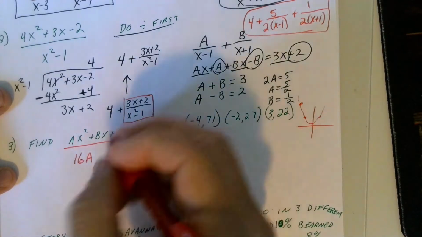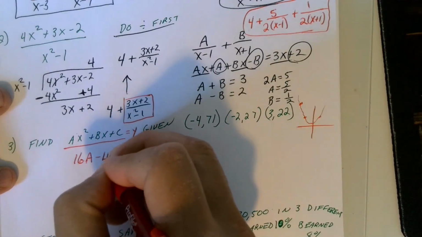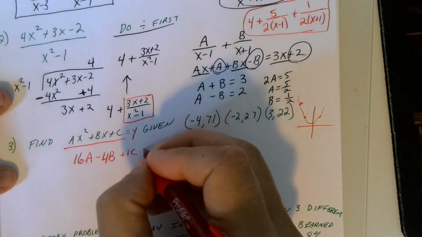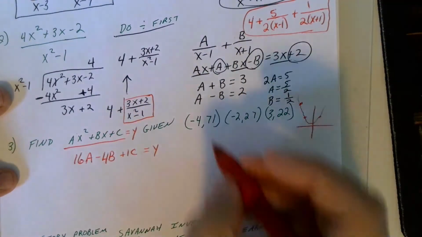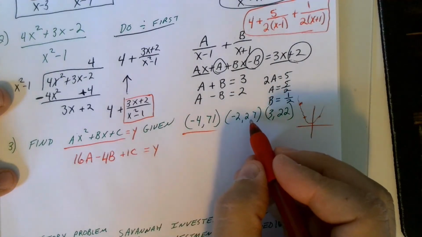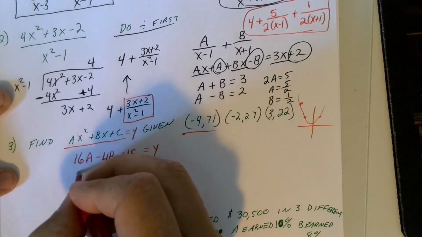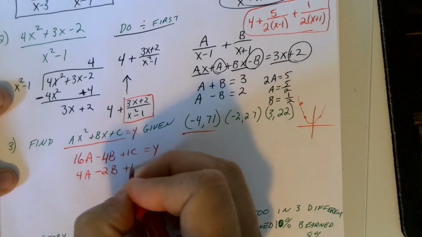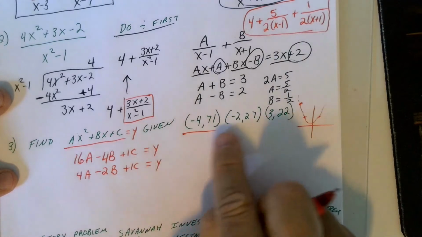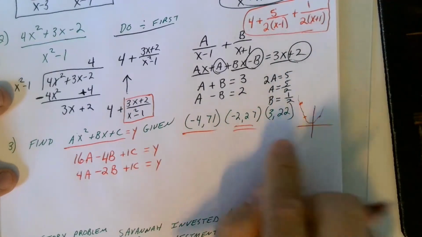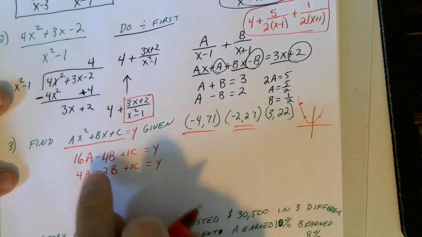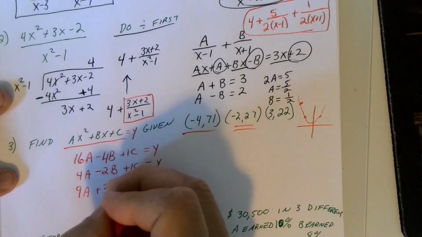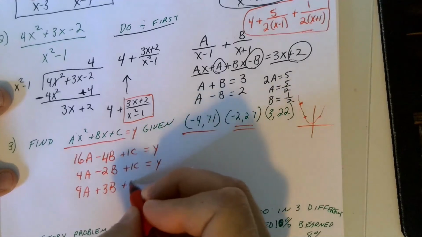And then x is -4, that would be -4b. And then you got plus 1c equals some y, and I don't know what it is. So that used that point. So now I'm going to plug the next point in. -2 squared is 4, so I get a 4a minus 2b plus 1c equals y. That's that point. And I got another one, 3 and 22, so 3 squared is 9a plus 3b plus 1c